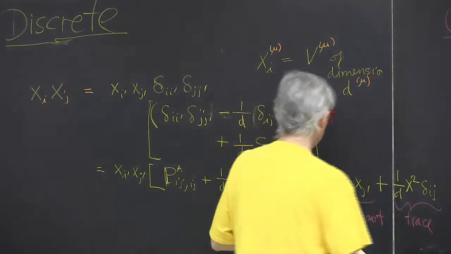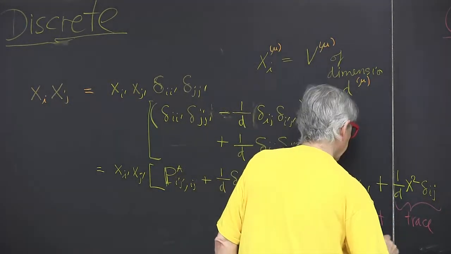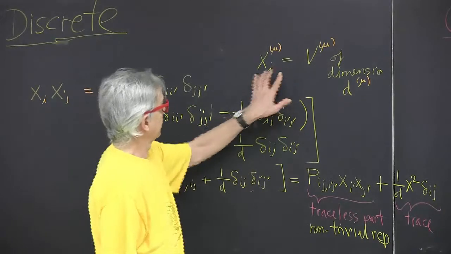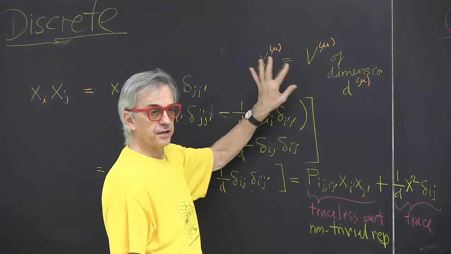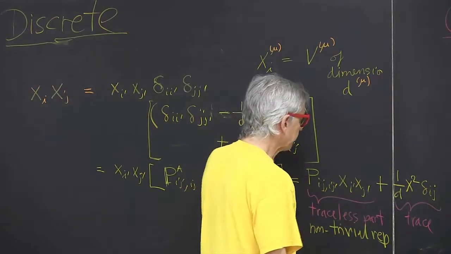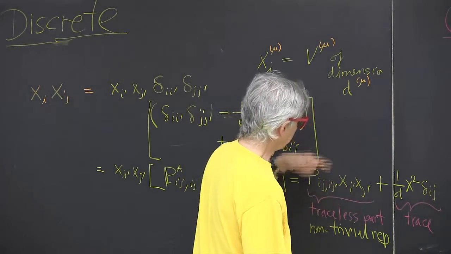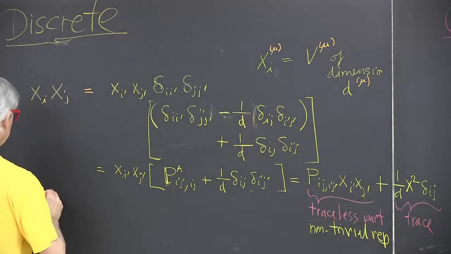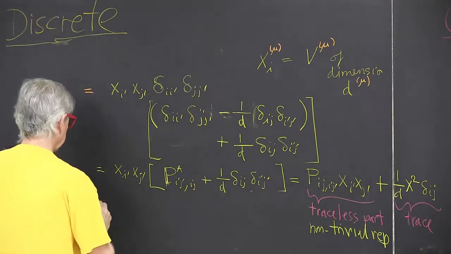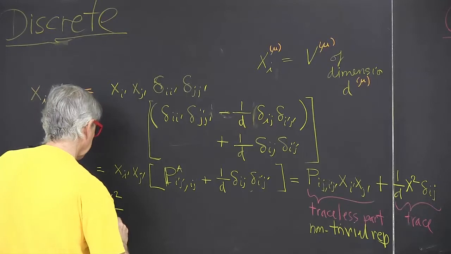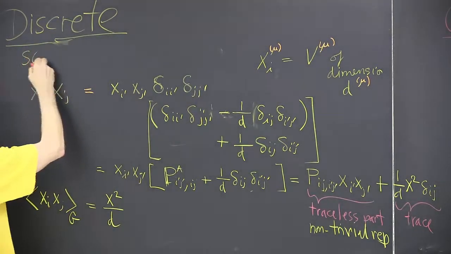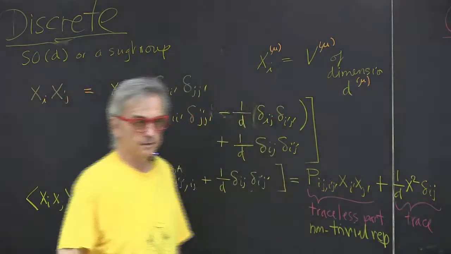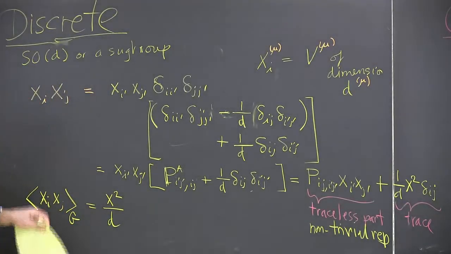So this is an example of a non-trivial representation. I started with an irreducible representation, but I took several copies of it. And then I split it into a part in which the action of the group is that this just rotates. An average, a group average, x squared over the dimension of the group. Now various three-dimensional discrete groups that happen in crystallography are